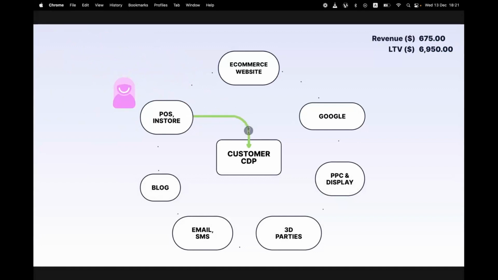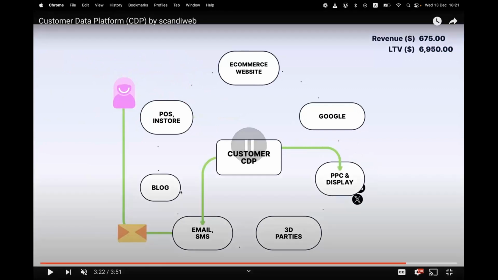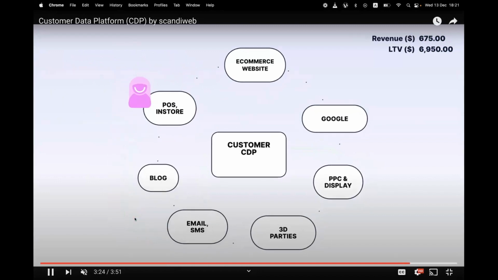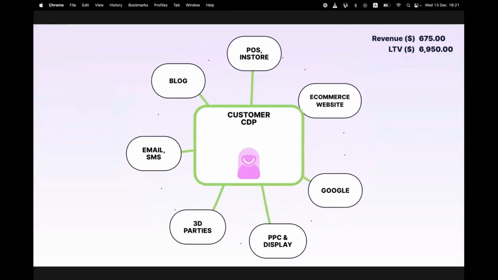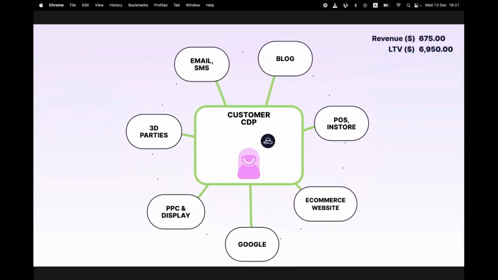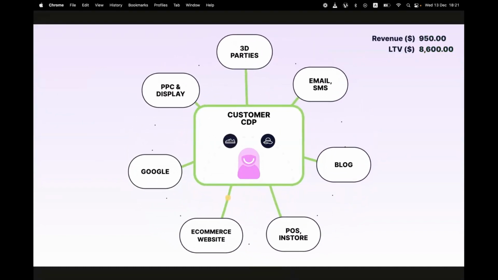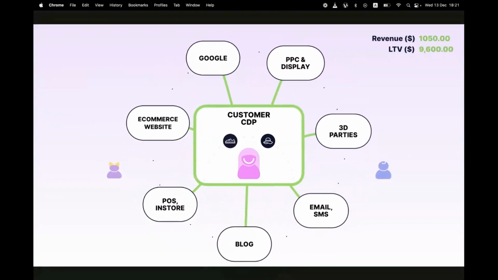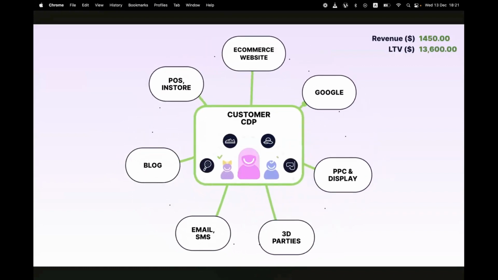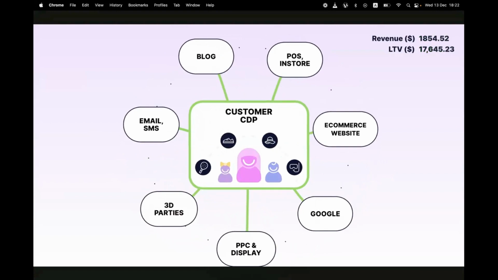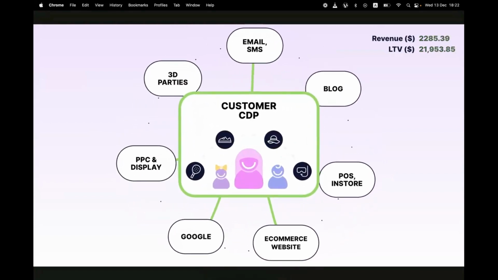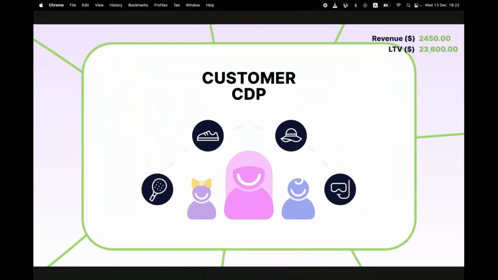We update the customer CDP with additional information on her purchase. We again sync it with our activation channels, for example, to set up a campaign advising to change your shoes, especially if you're a runner, every 500 miles. And it will continue. We will keep enriching our profile, our understanding of each other with Alice, and will help her with relevant offers for her kids, for herself, for her fashion interest, for her travel interest, making pretty much every interaction better and better.